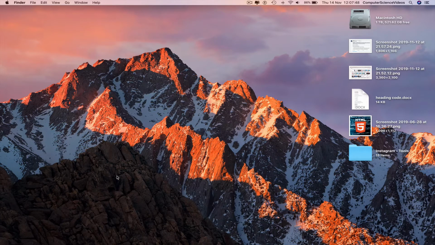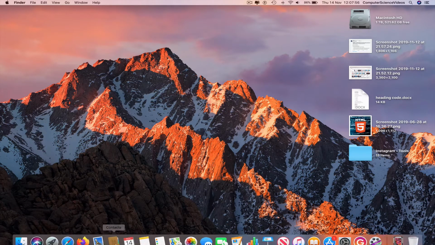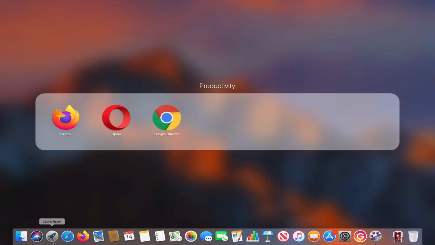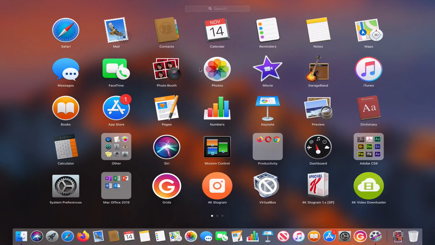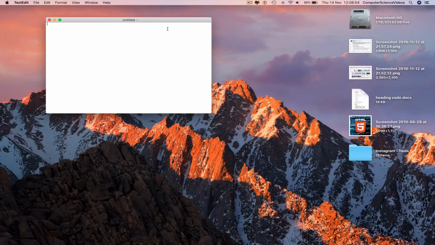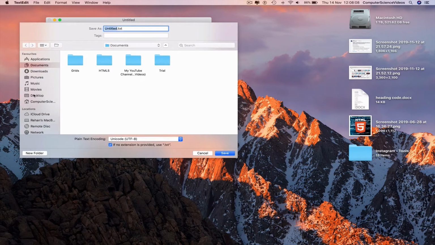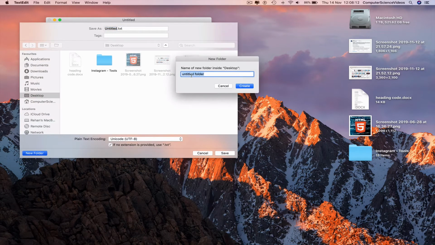So in this tutorial, you need to have access to a Mac computer, the software itself, which is TextEdit. So we can now go all the way down to the dock, go to Launchpad, search for the application TextEdit, click on this and then Command S to save. Go to the desktop, start a new folder called Bottom Navigation